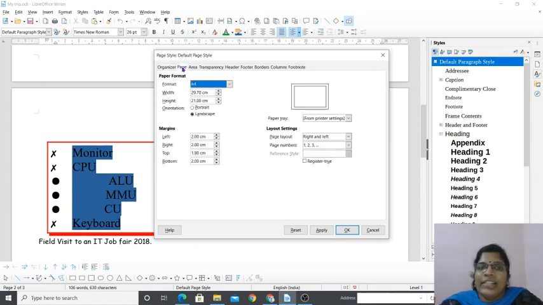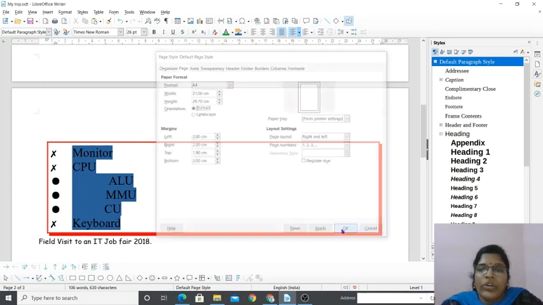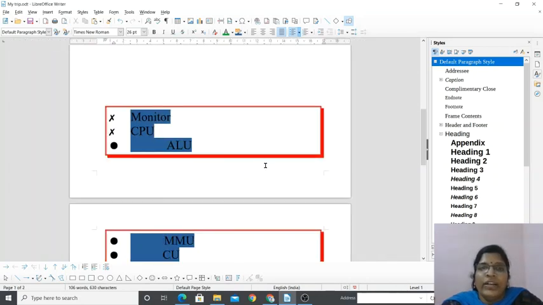Okay, first let's see what is page. So page in the sense we are just setting the page formatting. What type of page format you need? I need an A4 size paper, which is already there, right? Okay, and you need a portrait paper or a landscape paper. I need portrait. Choose the portrait and you can see the preview from here. Okay, and you can choose the options and click on OK button, and you can see now we are having an A4 size paper. Okay, so the page setup is over.